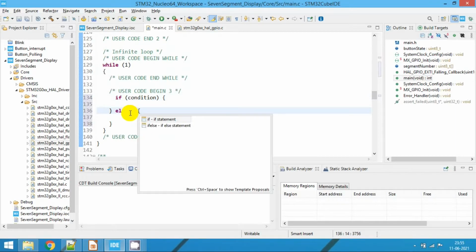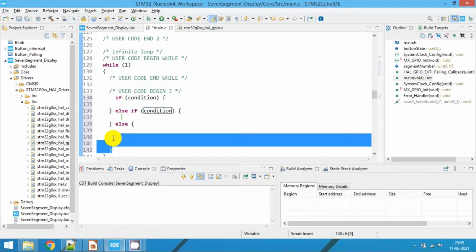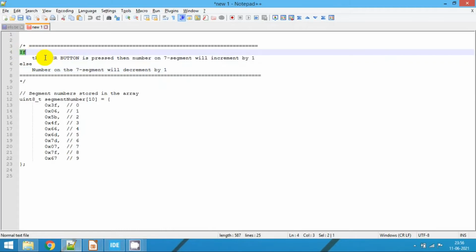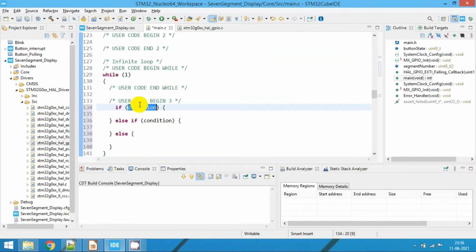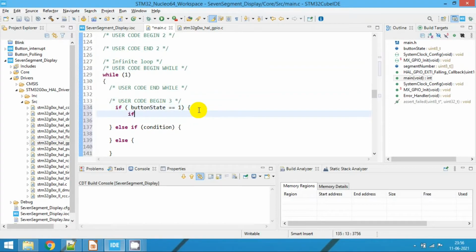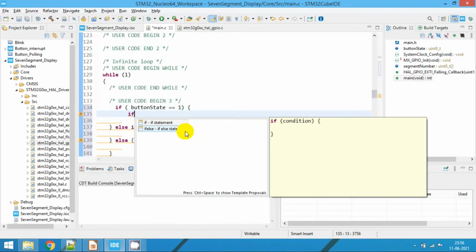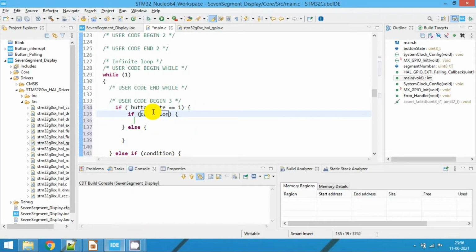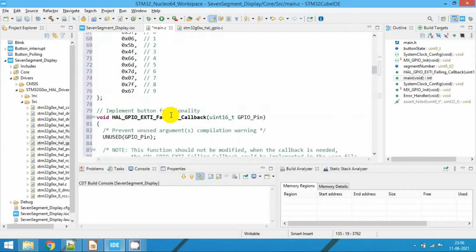So go to the while loop, and here we will declare the if condition. Now we are going to implement this functionality in the while loop, based on the button_state. If the button_state is equal to 1, then we'll check for the boundary. Let's declare another variable called number.